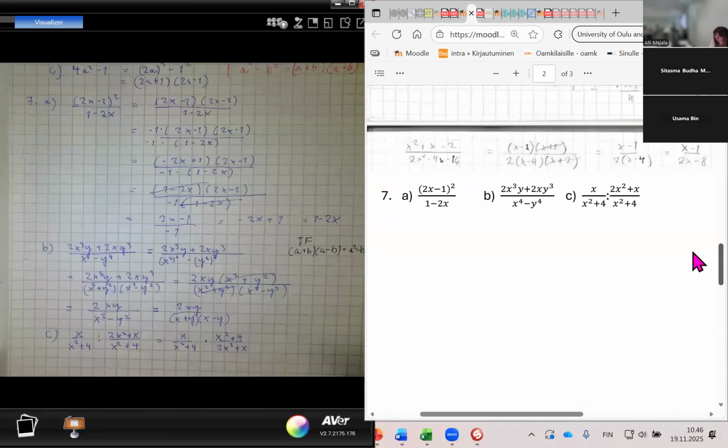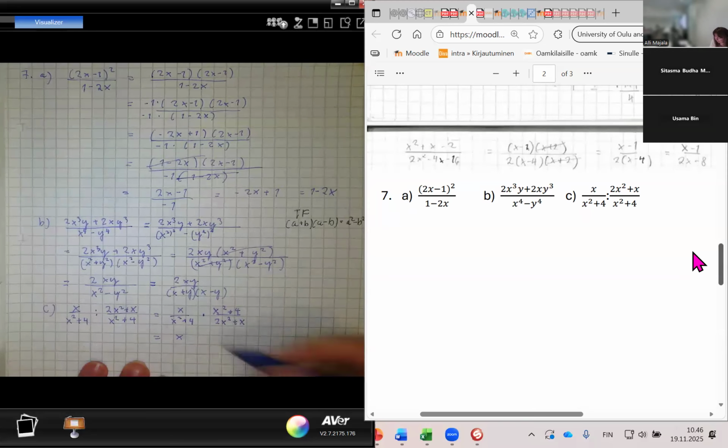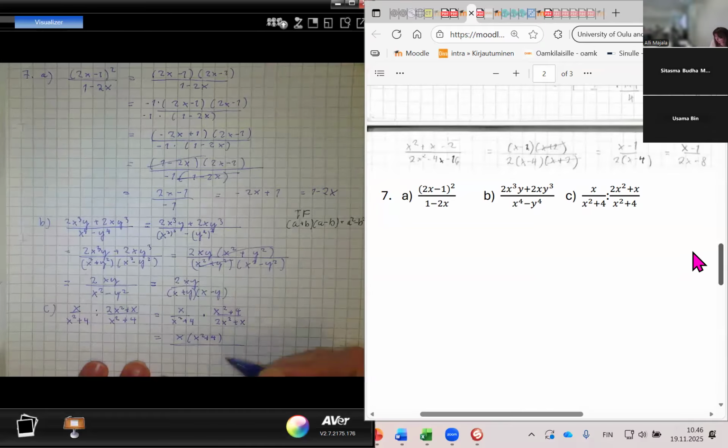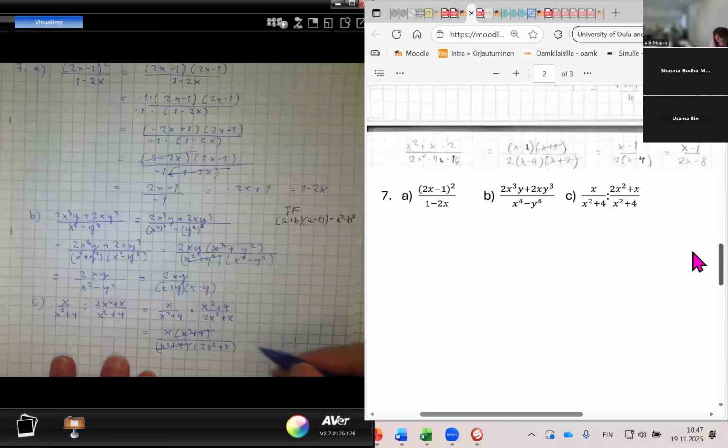And this, of course, then means that I have these all on the same line. And here I have the same thing. I could also modify it more, or maybe I don't, because I can already take it out. I don't have to do anything more with it. And then I get,